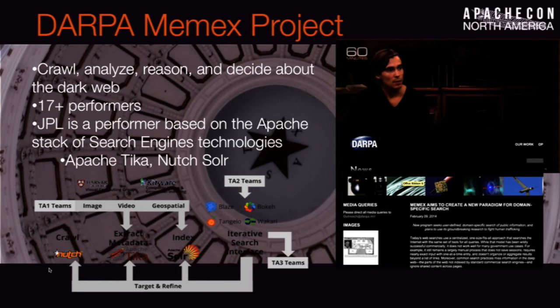And so our particular team is working with a small business called Kitware, and then another called Continuum Analytics. How many of you have used Anaconda? Yeah, so they're the people who make Anaconda, or Blaze, or Numerical Python. If you use them, Continuum makes all of that stuff. And what we're working on is a way to make crawling interactive with Python and from Python, and then to extract more content types with Kitware and JPL, and then to expose it via analytics and interfaces to allow people to do this interactively.